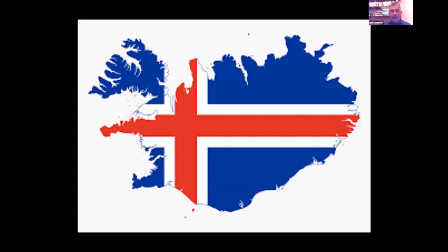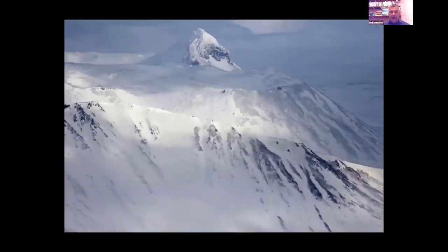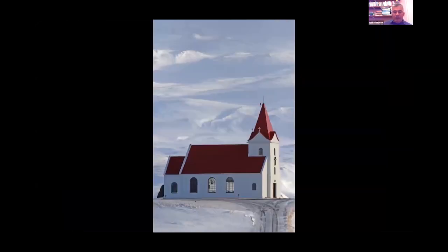The Iceland flag is blue for the ocean, white for the snow, red for the fire, the volcano activity. And Naturetrek actually runs several trips during the year, and the earlier trips, around about February, March time, not surprisingly, we'll see quite wintry conditions. The glaciers are there all year round, and of course, Iceland houses the largest glacier in Europe. But anytime you go, you can always see a little bit of snow, a little bit of ice, and some